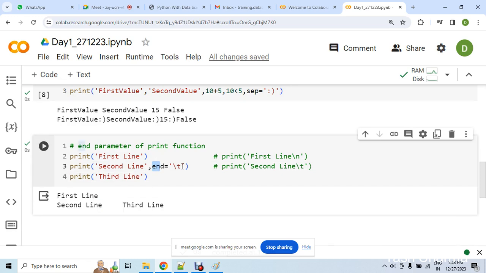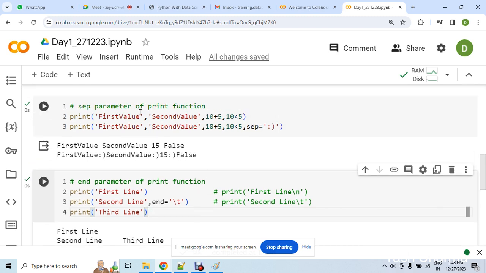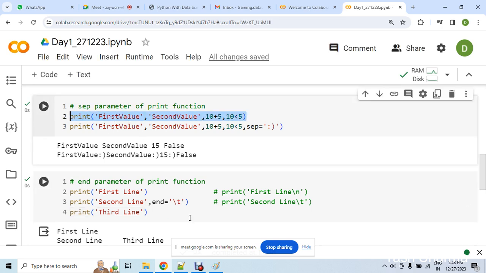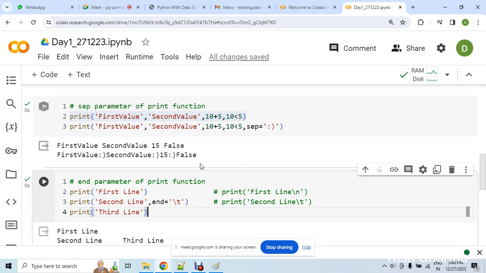Because here we are using this \t, ओके। Now here you are giving an instruction that okay, I don't want \n, मेरे को टैब स्पेस चाहिए। तो ये देखो सेकेंड लाइन लिखने के बाद यहाँ पे एक टैब स्पेस आए और third line will be printed out, ओके। So these are what guys, these are default parameters of your print function, separator parameter and end parameter, okay. However we are going to use the default nature, but sometimes if you want to manipulate this, yes you can use separator and can use this end, ठीक है। अब आप लोग अपने collaboratory में ट्राई करके इसको यूज कीजिए, प्लीज गिव इट अ ट्राई,